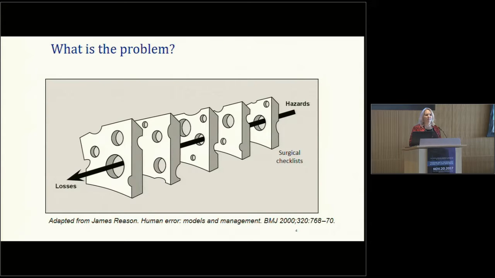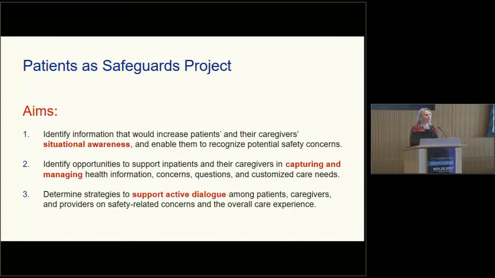We've known about the problem of medical error for a long time, things like surgical checklists, things like medication barcodes. But I argue the thing that's been the most neglected is looking at patients and caregivers themselves as possible safeguards. And that's really the core of my project and where that's coming from. So I have funding from the Agency for Healthcare Research and Quality, AHRQ, that's looking at exactly this problem and